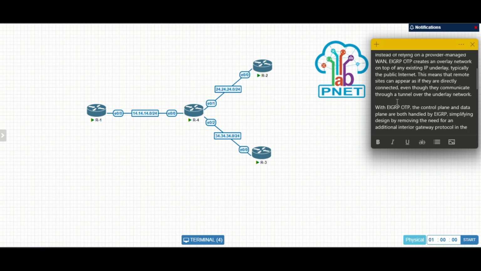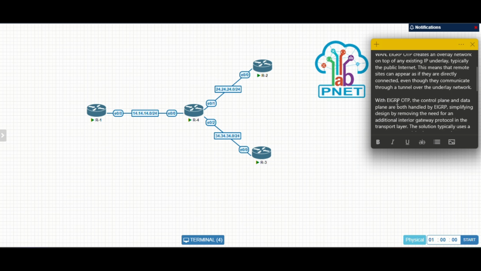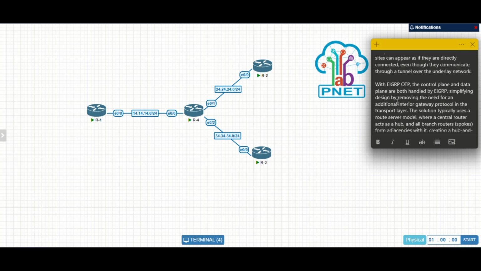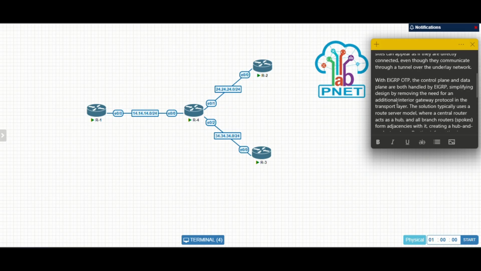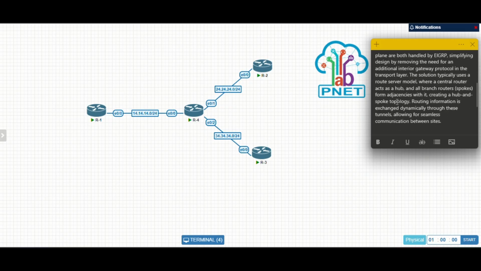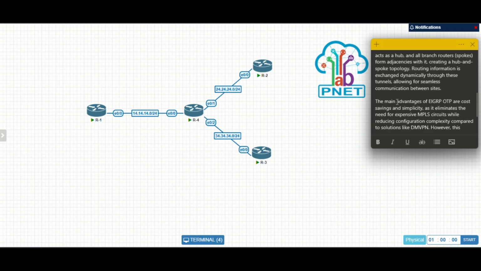And then with AGRP over the top, the control plane and data plane are both handled by AGRP, designed by removing the need for an additional interior gateway protocol in the transport layer. And then it will be creating a hub and spoke topology and exchanging routes dynamically through these tunnels, allowing for seamless communication between sites.